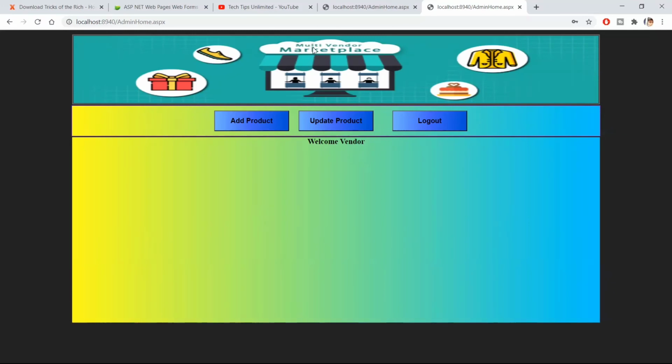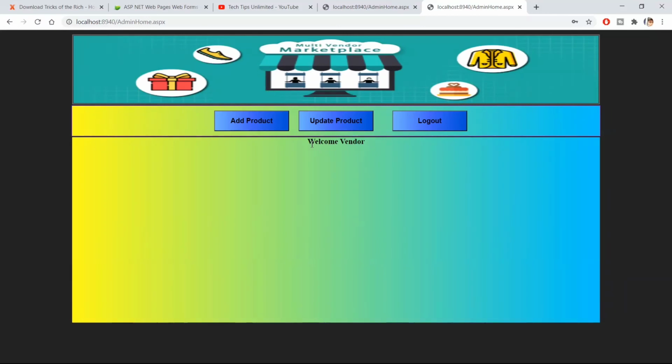You can read the text in the image, multi-vendor marketplace. Here you can see the two other buttons have been removed. You can see only three buttons: add product, update and logout. In the admin panel we have five buttons. The first button is for adding a category, the add category page, and before the logout there is another button for update status, but that's for admin, not for the vendor. So we have removed that button if the vendor is logged into this panel.